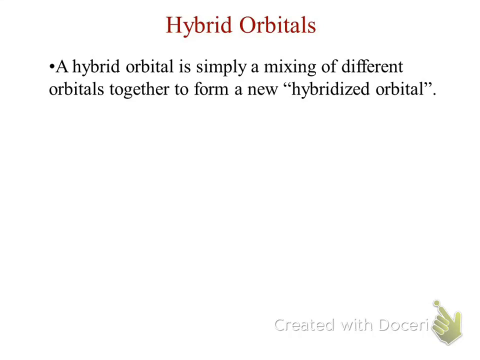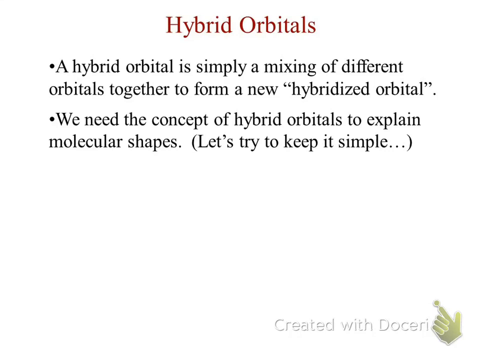Now, a hybrid orbital is simply mixing two orbitals together to form a new orbital. Makes perfect sense, shouldn't be too bad. Now, we need the concept of hybrid orbitals to explain molecular shapes. Why? Because when we look at